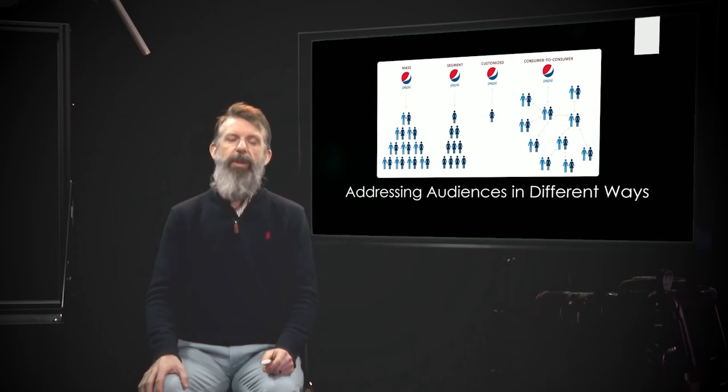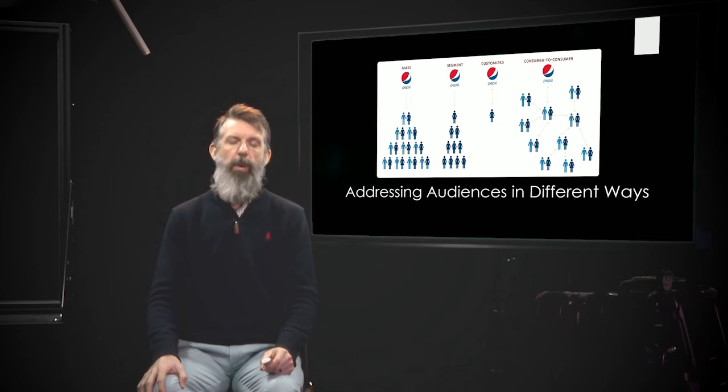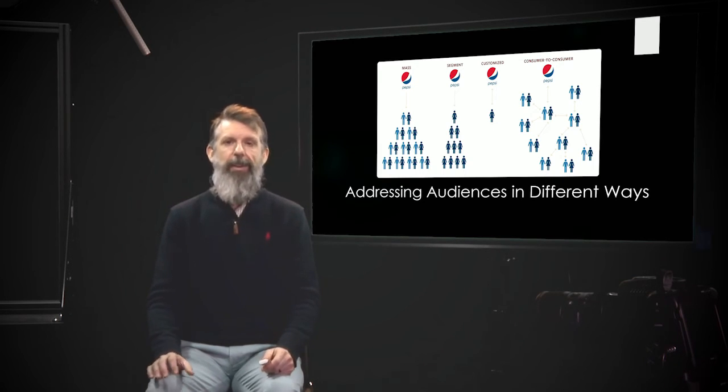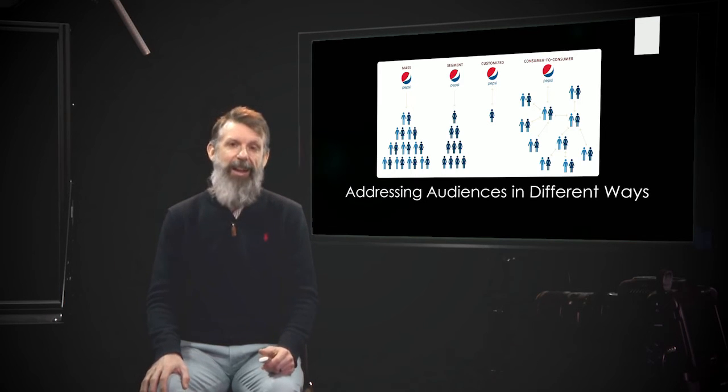Then you have to think about there are 4 different types of ways to communicate with your customers. The first one is mass. To me, when I think about mass, I think about the Super Bowl. The Super Bowl is the #1 viewed event in the US every single year. But the reason it costs so much money to advertise in the Super Bowl is because so many people are watching it. The thing is, though, so many people are watching it, there's your segment plus many other segments. So you're basically banking on, if I put an ad in the Super Bowl, enough people will see my ad that I'll make money on it, pretty much what you're getting to, right?